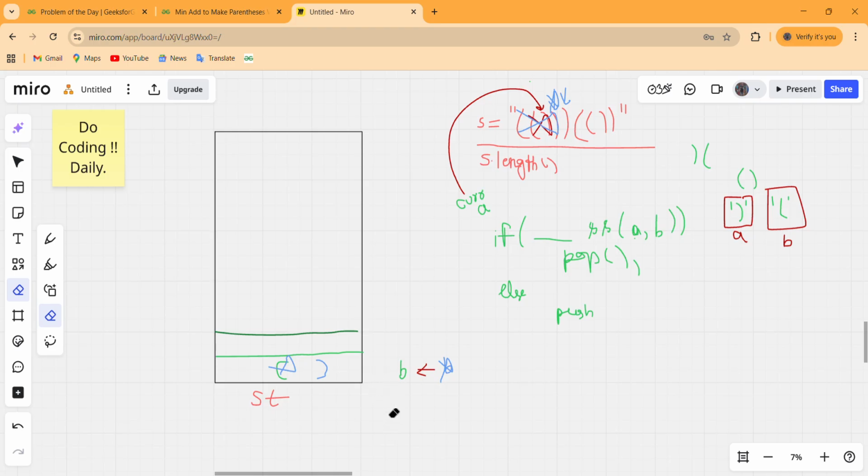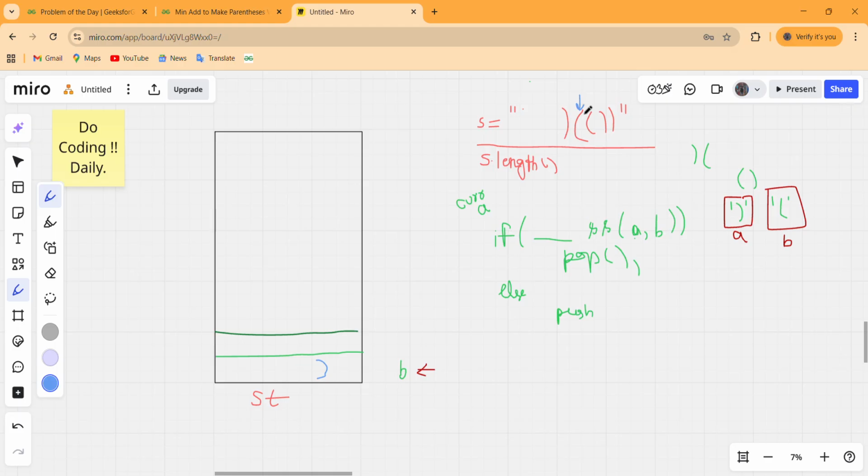The B this time will become this closing one. Now these pairs are rejected and the current is this. This will get pushed inside our stack and I again gets incremented, so I will point to this character.